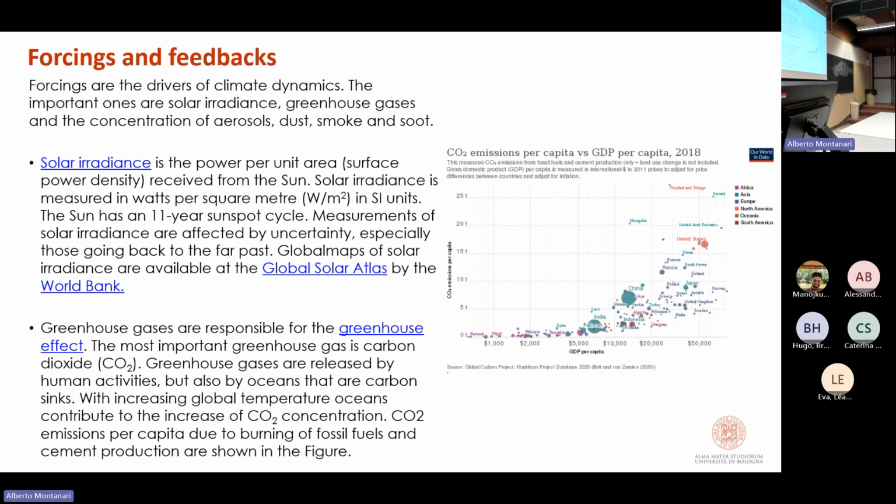Solar irradiance is the fuel of the Earth system, is the fuel of any ecosystem, of any process related to the living bodies. So solar irradiance is the fuel of energy to the Earth system. So we get our energy from the sun. And even when we believe that our energy is produced in a different way. So you may think of, for instance, burning fossil fuels. This is energy that doesn't come from the sun, maybe we think.